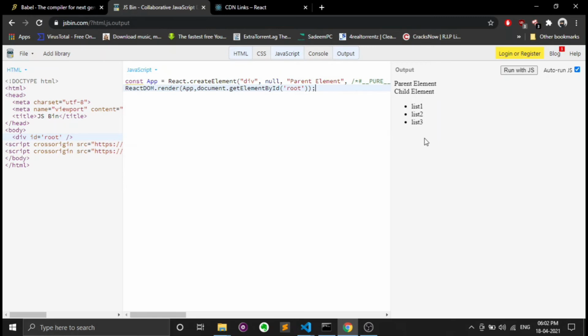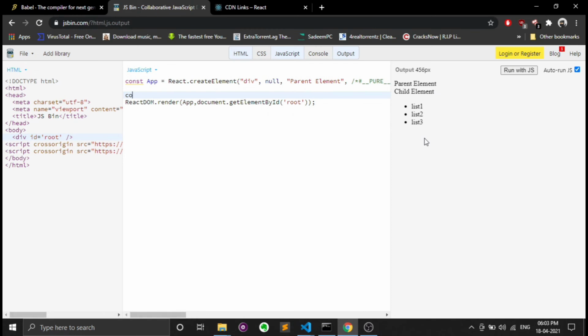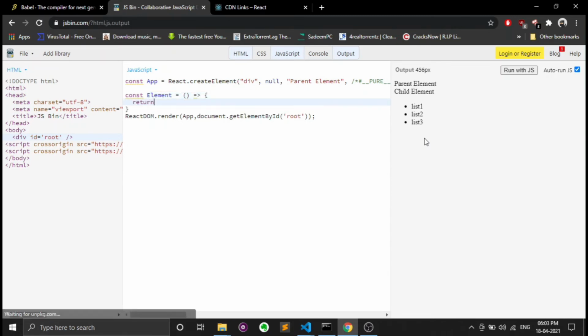Okay, so the next thing is we can implement by using simple HTML tags as well. To implement a simple HTML tag as an element, we can implement it either by function calling or class based.